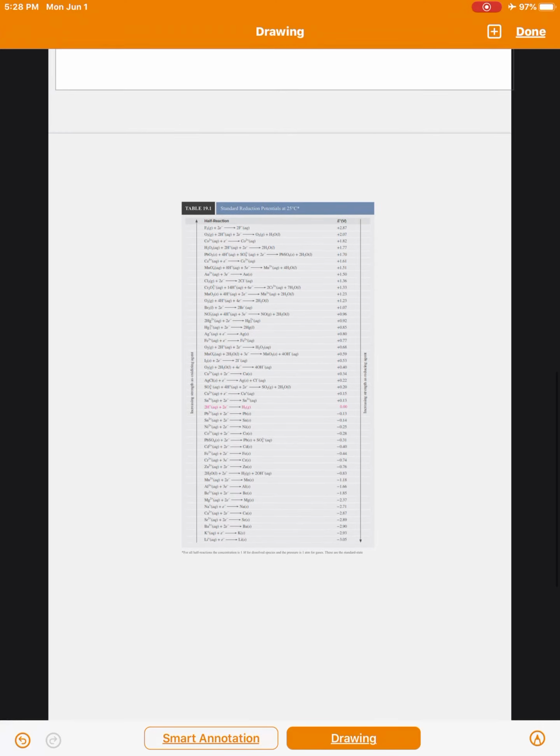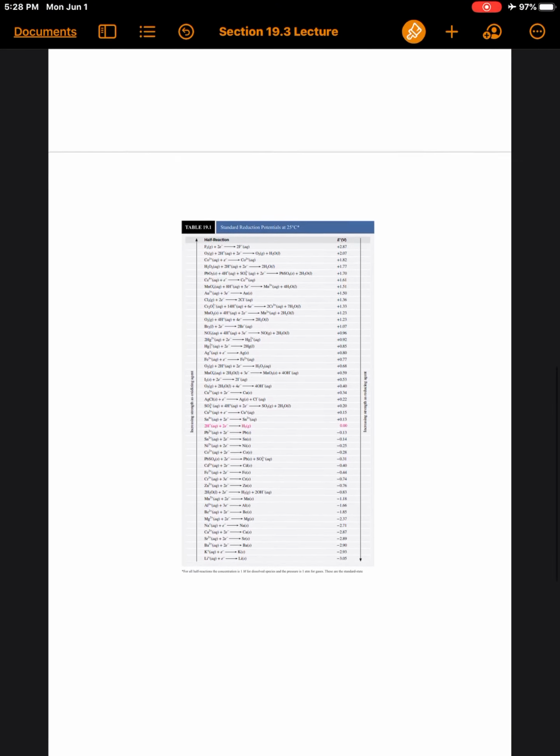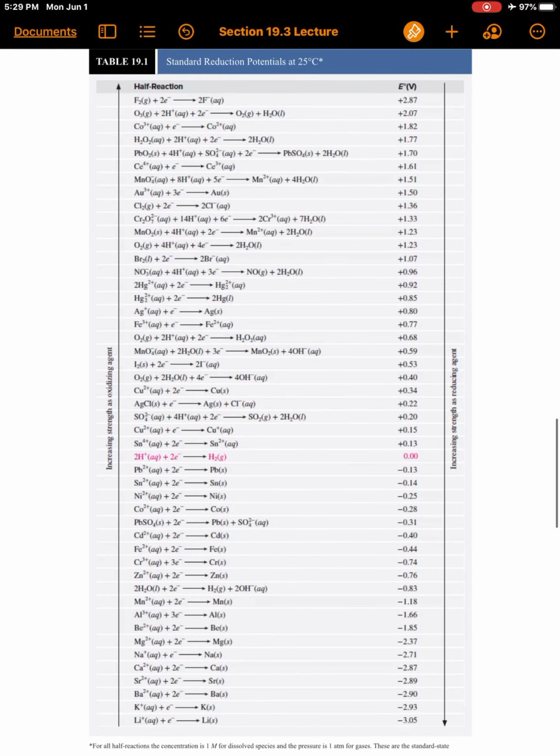Now, what that allows us to do, that hydrogen, the standard hydrogen electrode, is it gives us a way of making a table of what are called standard reduction potentials. If you recall from Chem 11, there was something called an activity series, which showed the oxidizing power or the ease of oxidation of metals, and hydrogen was in that table. In a sense, this is the same table, just quantified by using voltages. Just have numbers now. So if you look at this table, pretty much a little under the middle you'll see in pink,